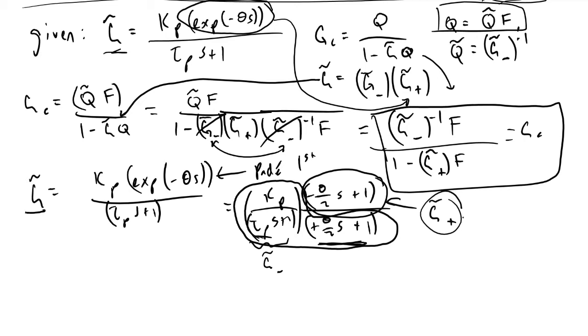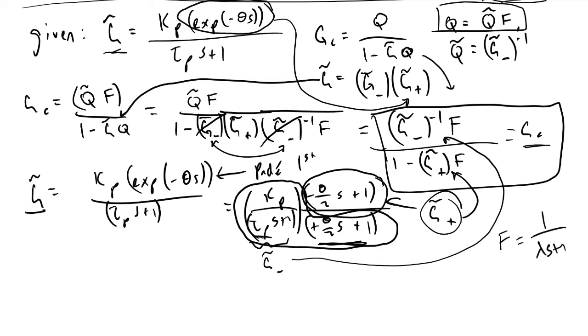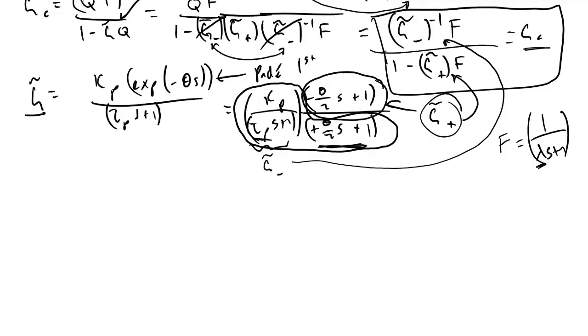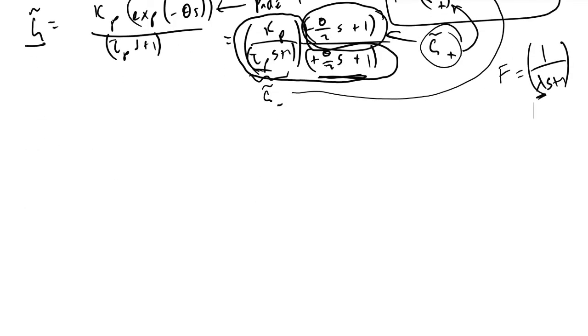And so now that we've identified these portions, we can plug them into our equation that we have for our standard feedback controller. And so now if we also take into account that f is equivalent to 1 over lambda s plus 1, which is our generic filter with our tuning parameter of interest in our IMC model, what we get when we rewrite our standardized controller